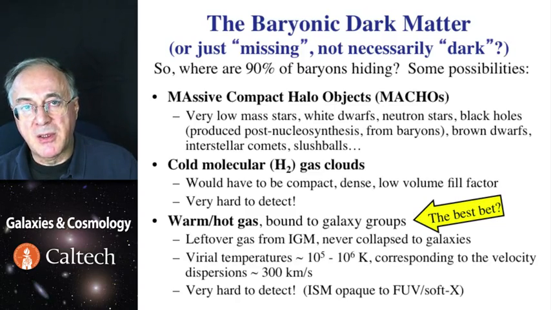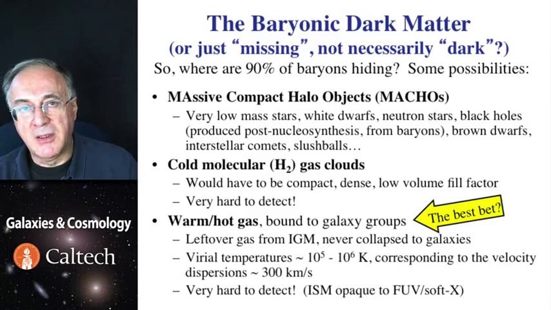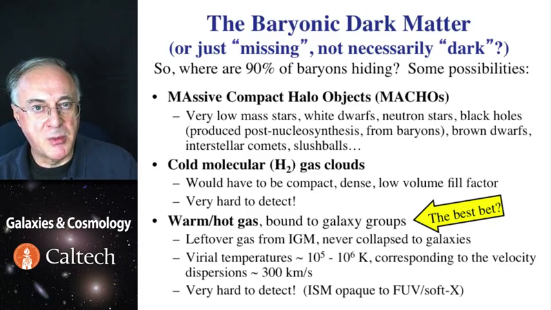Now the problem is that the gas at that temperature emits primarily in hard ultraviolet or very soft X-rays. And those wavelengths are very effectively absorbed by interstellar hydrogen. Our galaxy has an atmosphere, interstellar gas, mostly neutral hydrogen, and because that absorbs light at these wavelengths, we cannot see this gas. This is the same as looking through Earth's atmosphere that absorbs UV radiation due to the ozone layer,